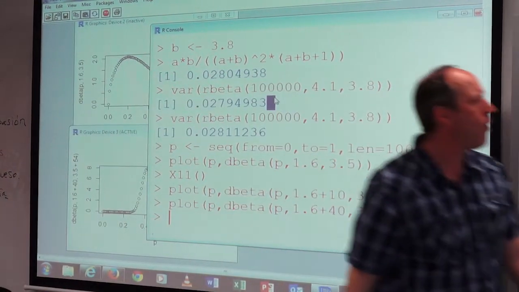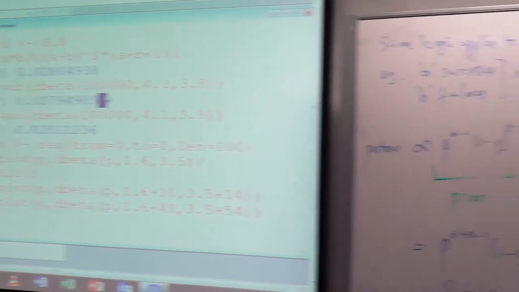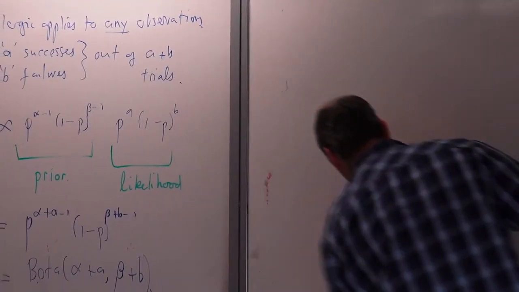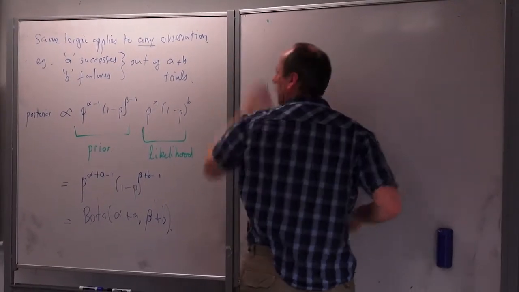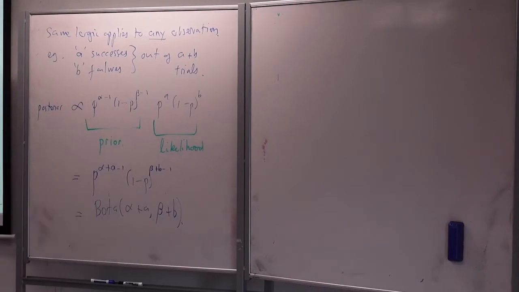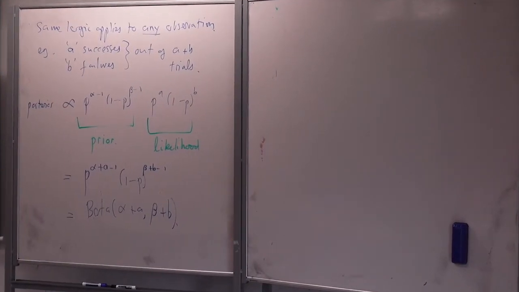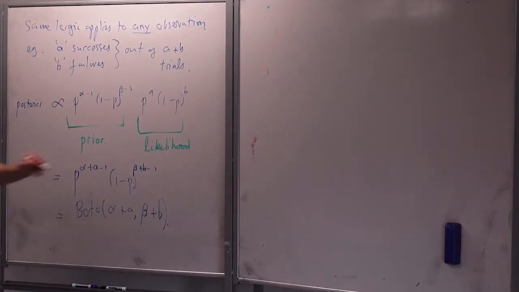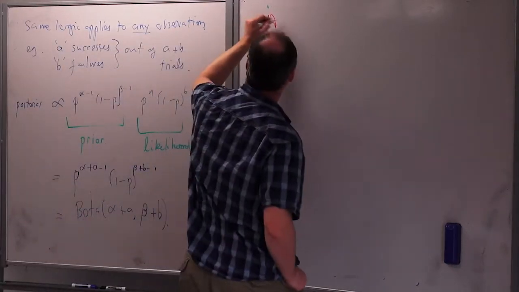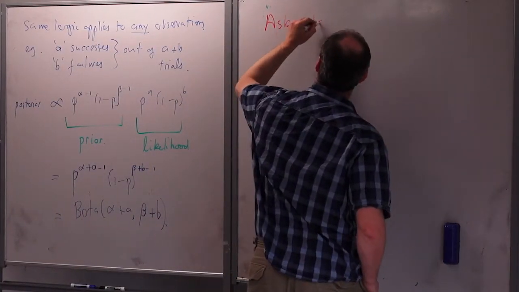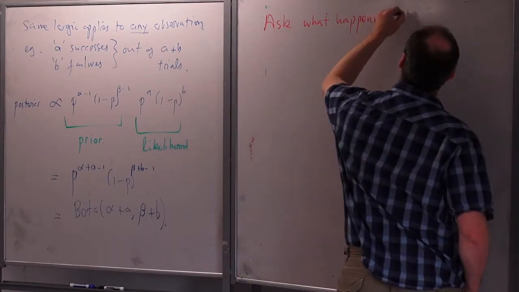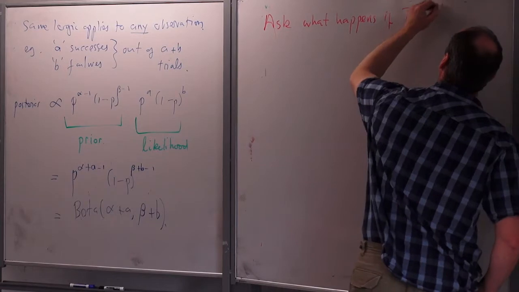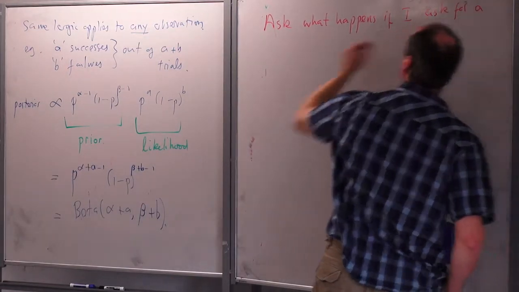I'm going to concentrate on one specific feature of Bayes' theorem. I'm going to ask what happens if I, the statistician, ask for a prior